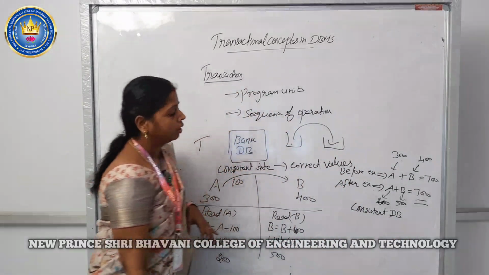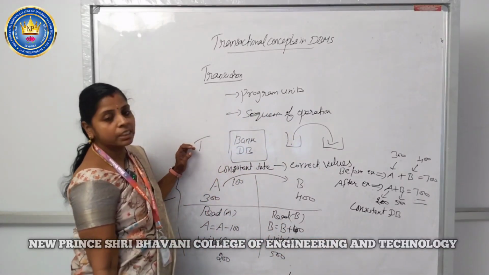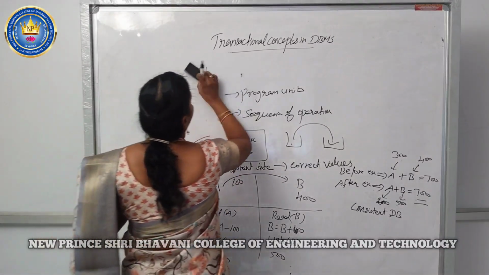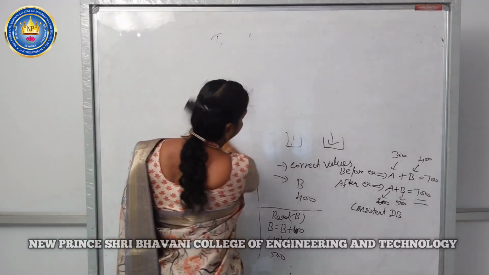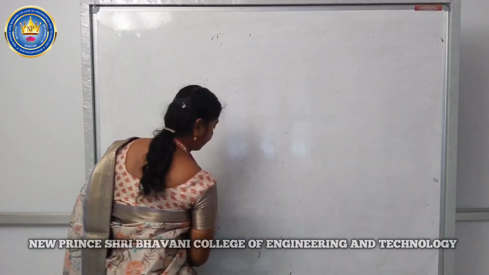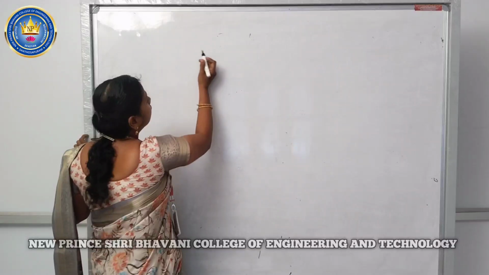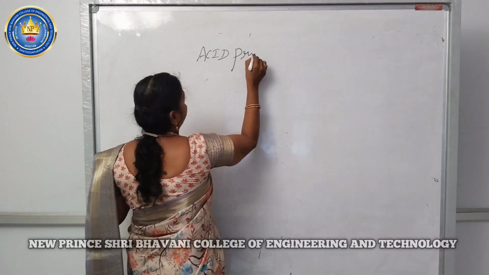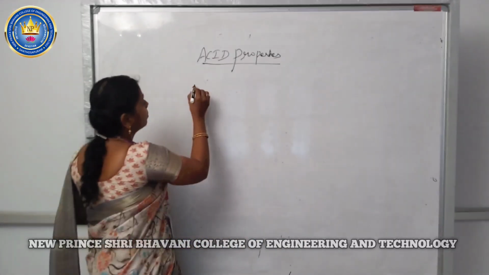So what will we do to make our database consistent? For that, the database system follows some properties. The properties are atomicity... So to make our database system consistent, we are using the ACID properties. ACID means A for